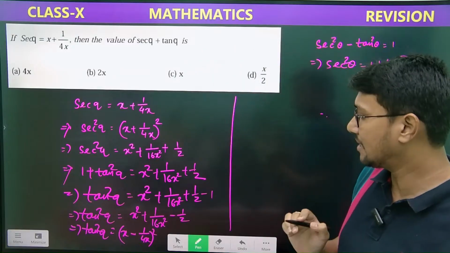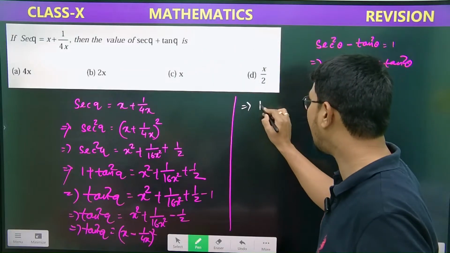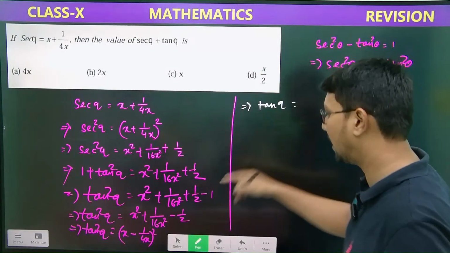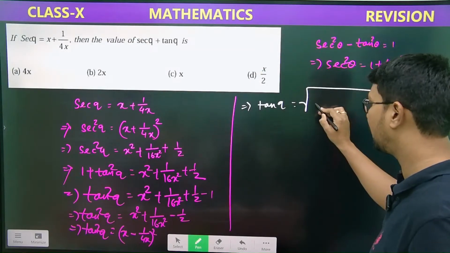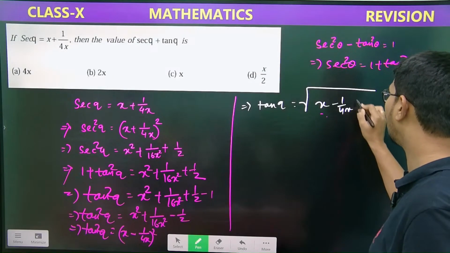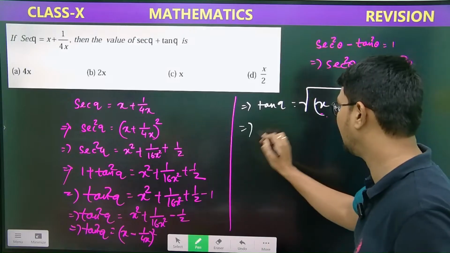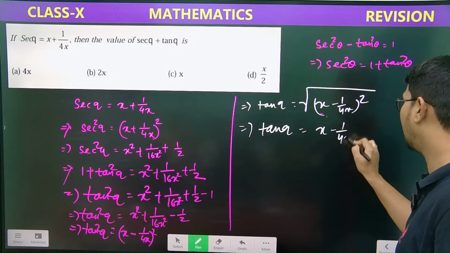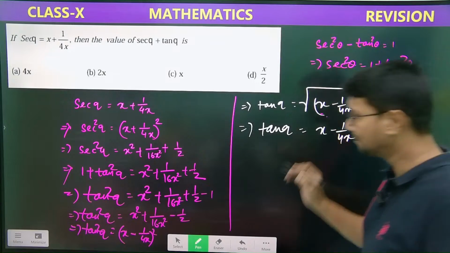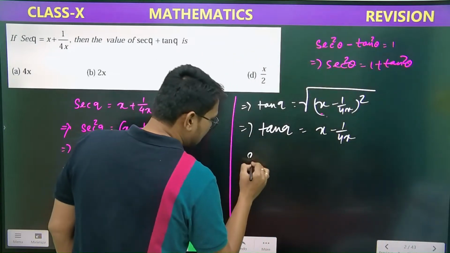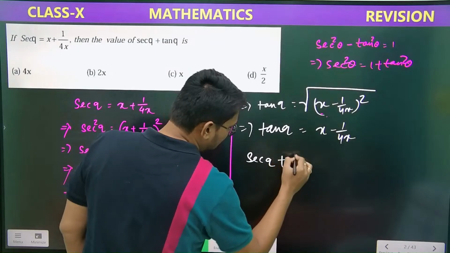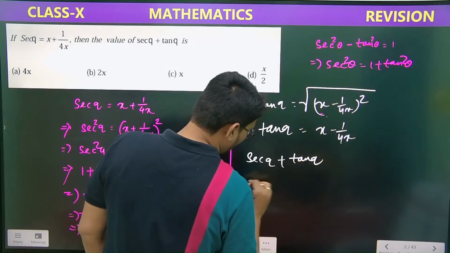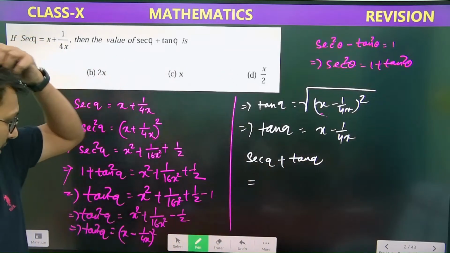Sec q plus tan q. What is the tan q value? The square root of (x minus 1 by 4x) whole square. This implies tan q equals x minus 1 by 4x. Got it? Tan q. So therefore, sec q plus tan q equals